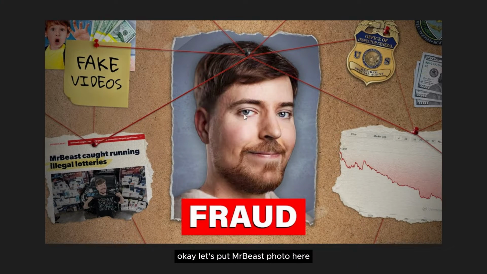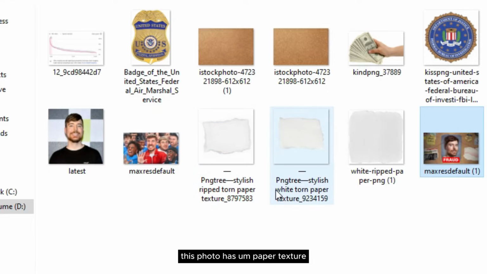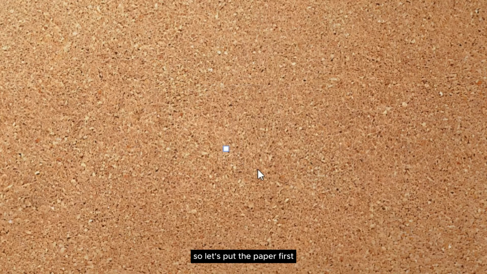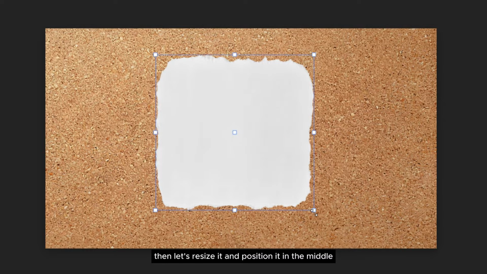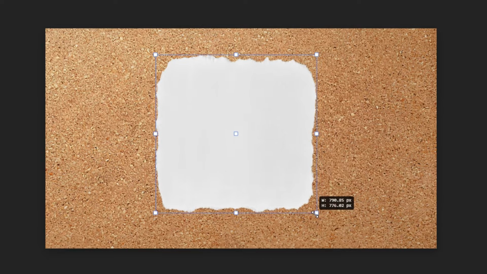Okay, let's put the MrBeast photo here. But first, as you can see, this photo has a paper texture, so let's put the paper first. Then let's resize it and position it in the middle.